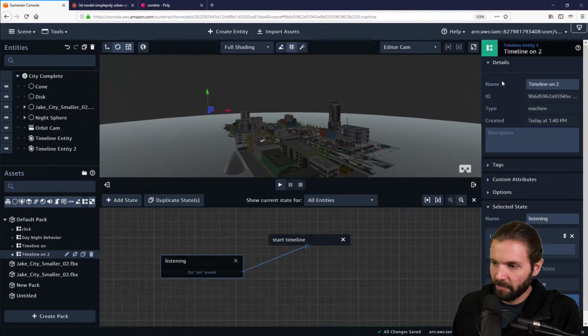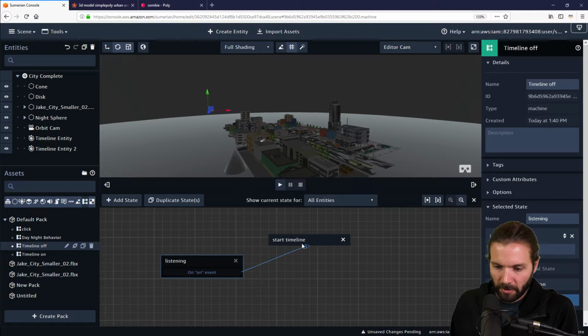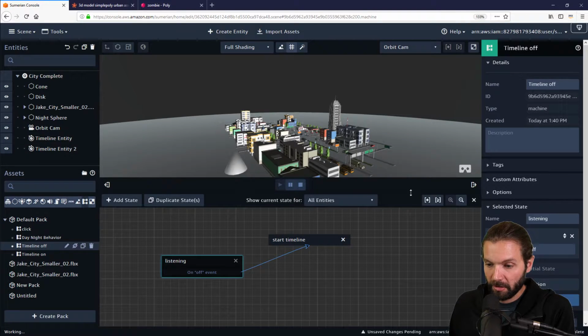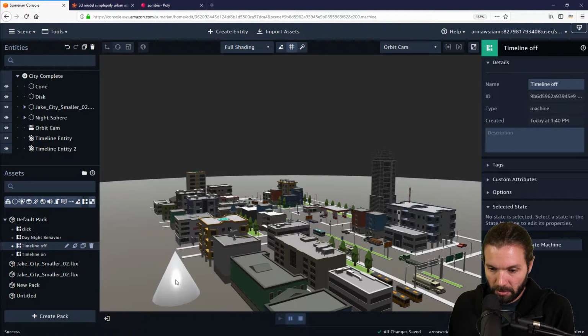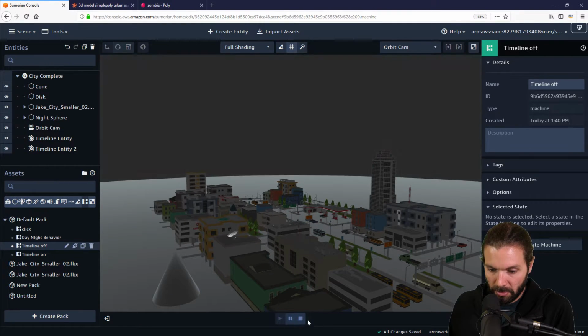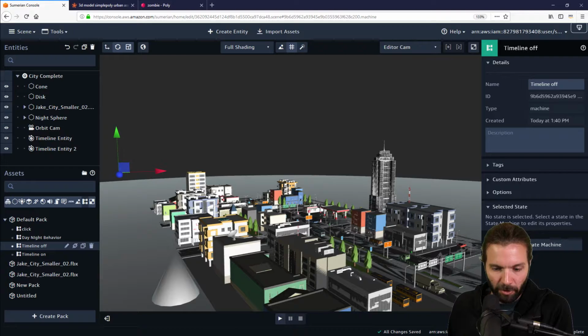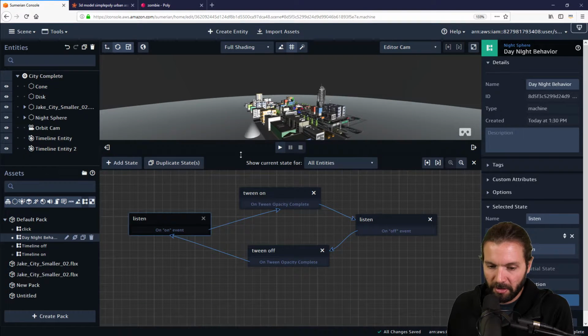So we got a few behaviors. When I duplicated the timeline, I created another behavior. All right, so let's see how this works. Then I'll explain what I just did. Okay, cool. All right, it's kind of working. The problem is the night sphere is,